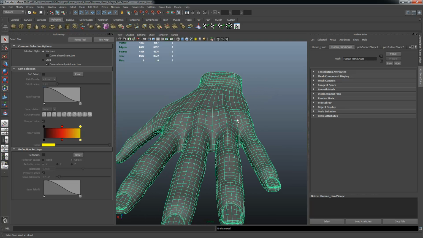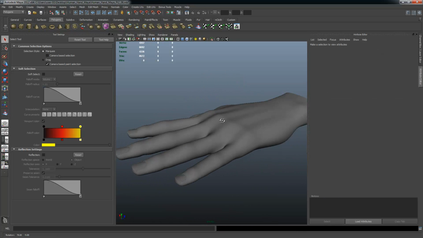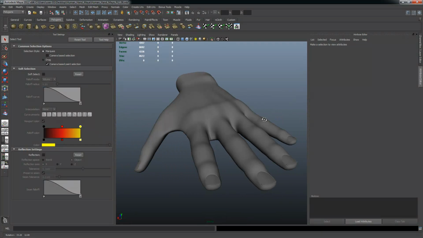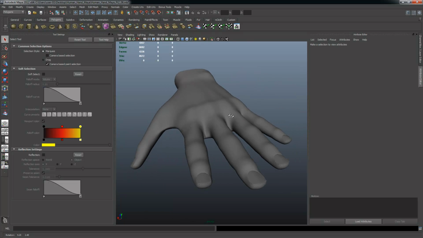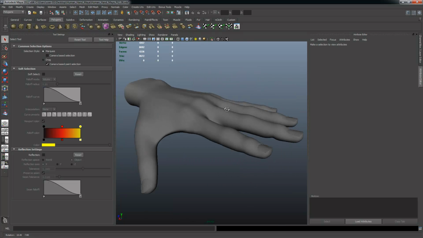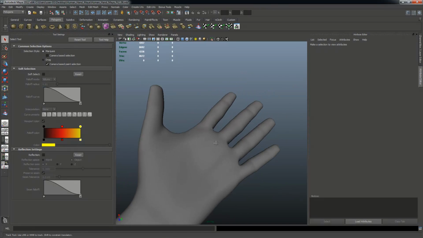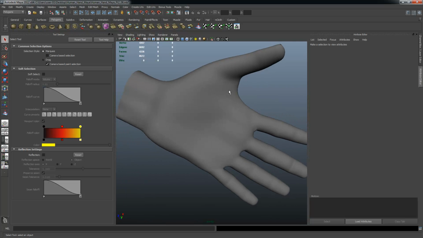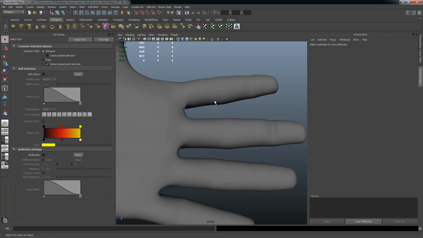I want to undo that because I'm actually going to favor a different technique for adding that later. Okay, so that's the Sculpt geometry tool and the soft selection, and we're all familiar with pulling points, alright? So you could also use it to add the pads at the bottom of the hand, the fingers. One other area where it's kind of useful is if I wanted to fatten up my